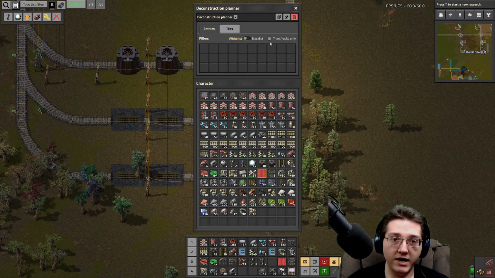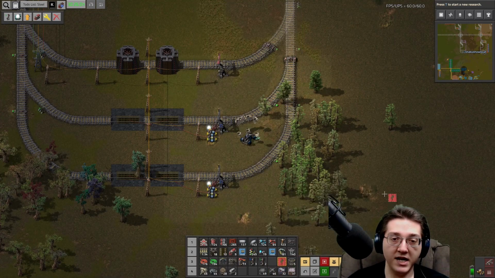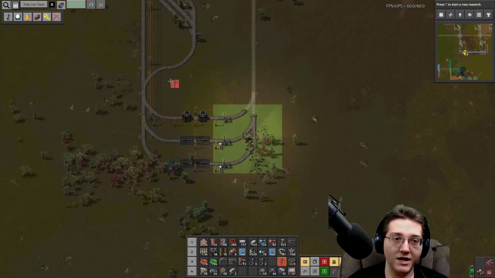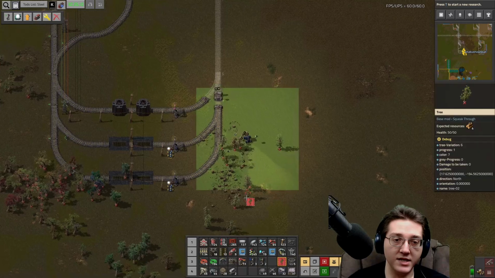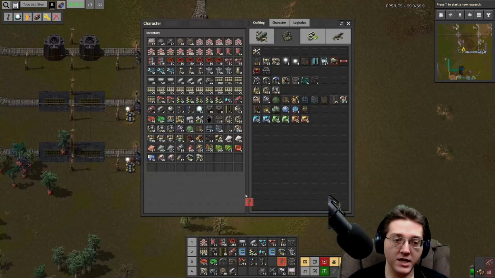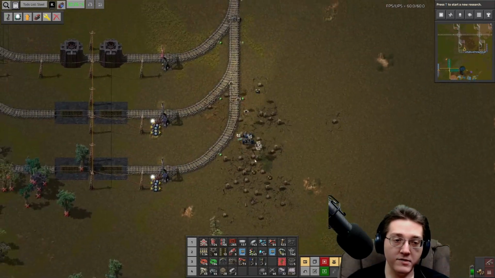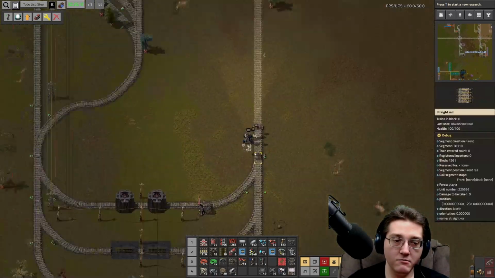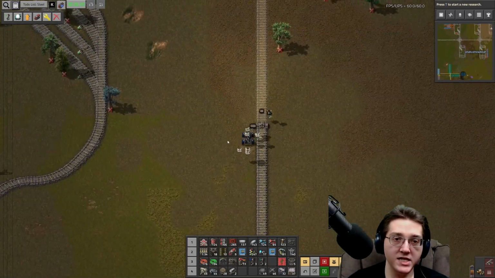And what I'm going to do, I haven't actually done this yet, is have a dedicated deconstruction planner for this stuff. All the trees and things that are in my way, so that the robots can help me with clearing space. Must have clean space